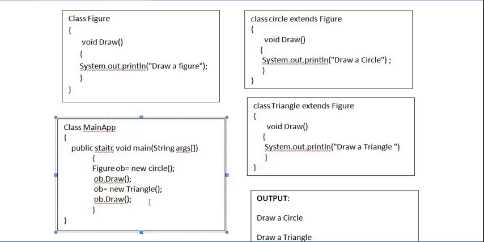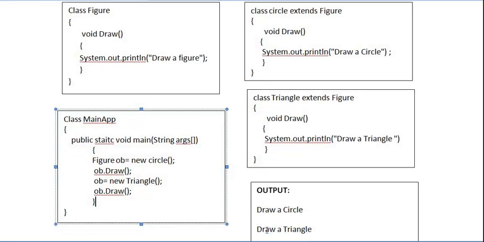So that is called runtime polymorphism. So the output is: draw a circle, draw a triangle. See, this is the same statement, but at runtime we are initializing different objects. So this concept is called method overriding, as well as runtime polymorphism.